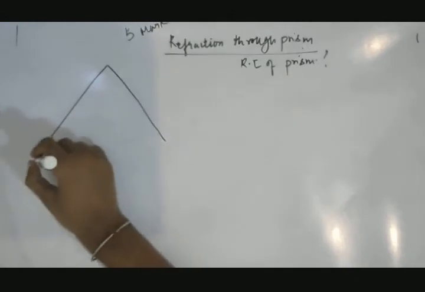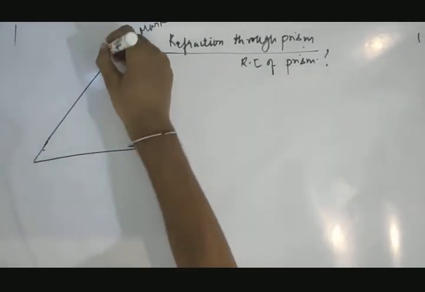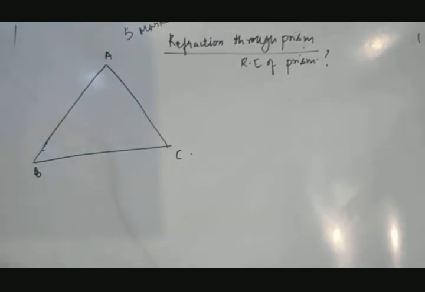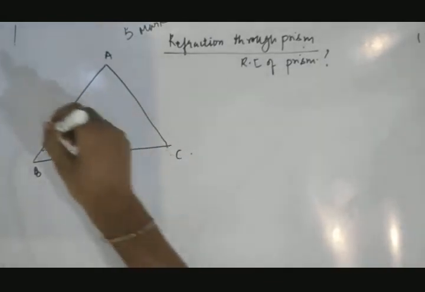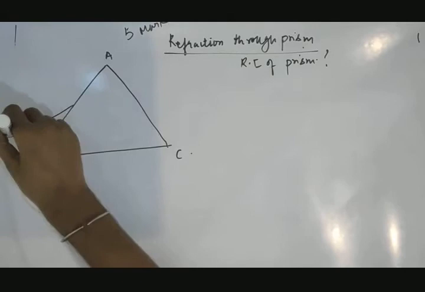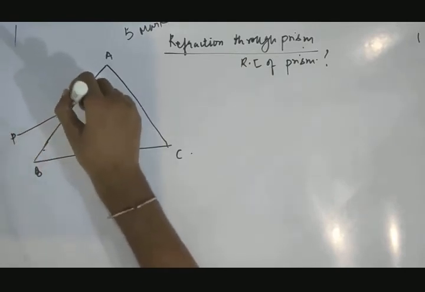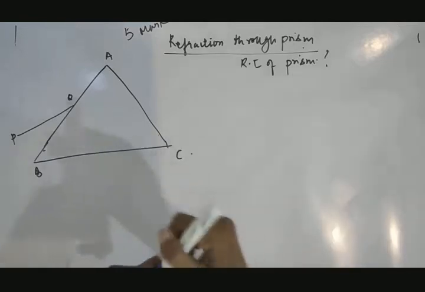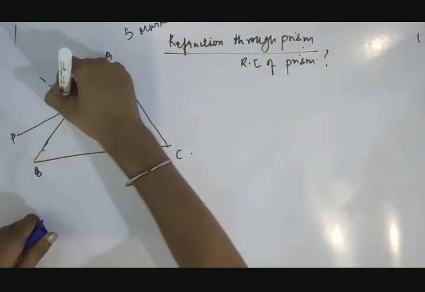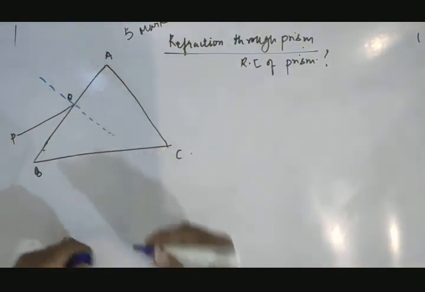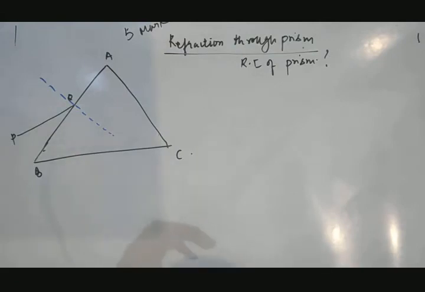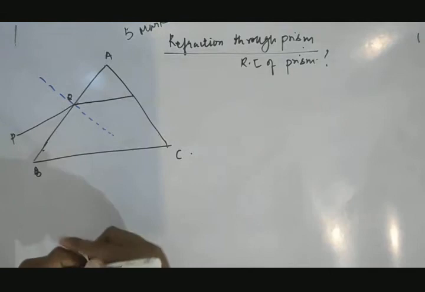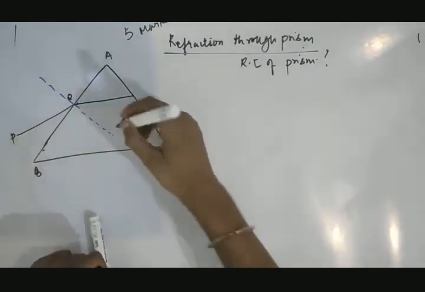Suppose this is a prism ABC, and a ray of light PQ is incident on the prism. As soon as PQ is incident on surface AB, a normal will be drawn. After refraction from the first surface, this ray of light passes through the second surface, and again a normal will be drawn,